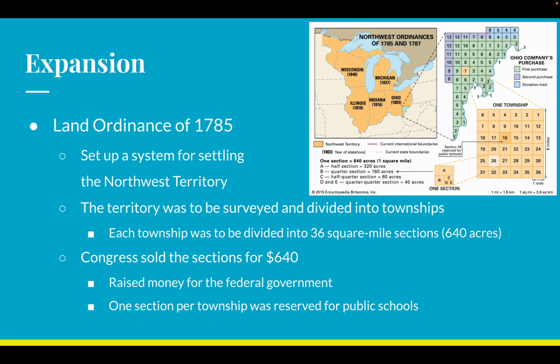So the government is going to sell the land out here in the Midwest, in the Northwest Territory, and they're going to use that to help fund our military. They're going to use it to help fund our, what else? Oh, our Congress, obviously. They're going to use it to fund all the essential government services, post offices, health services, you name it. All the things that we would have paid for and had back then as part of our government, paid for by this land ordinance.